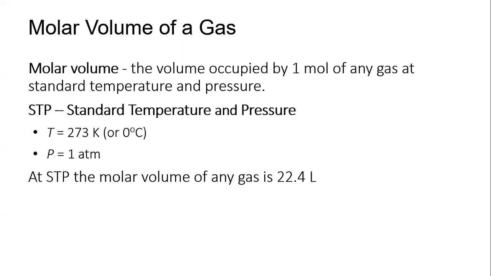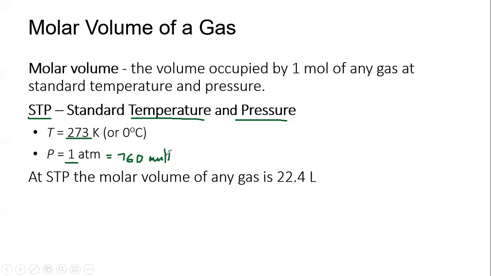And so the molar volume of a gas is the volume that 1 mole of gas occupies at standard temperature and pressure. And so as you read about gases and experiments involving gases, you're going to often read about STP conditions. So STP conditions means standard temperature and pressure. So the standard temperature is 273 Kelvin. The standard pressure is 1 atm or 760 millimeters